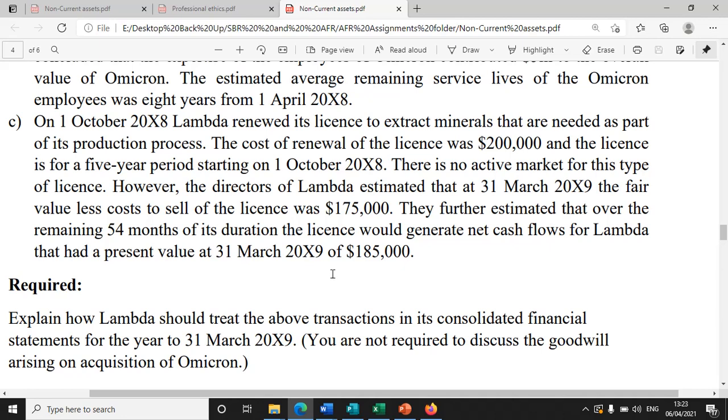So at the reporting date, the CV of the asset will be 200,000 minus 20, which gives us 180. Now you need to compare that 180 to the recoverable amount, and you will discover that